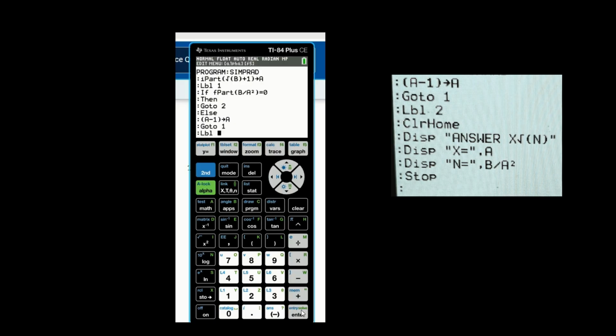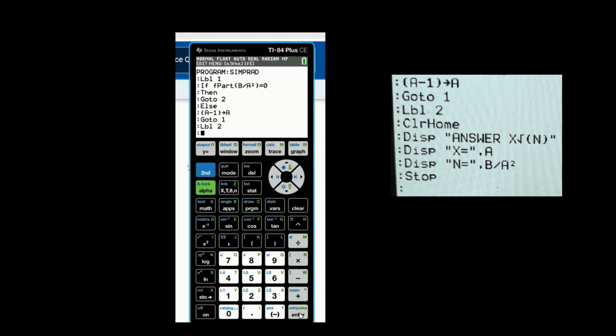And then after pressing label, just write the number 2. Okay. And then after that, we will just hit enter. Okay.